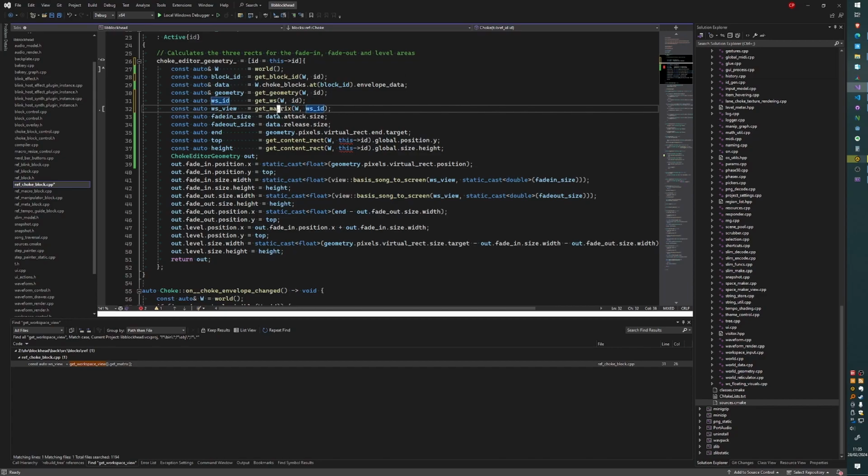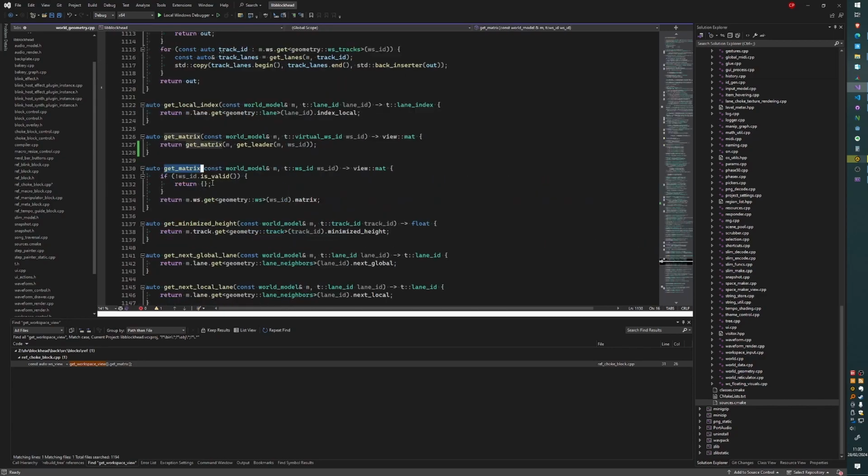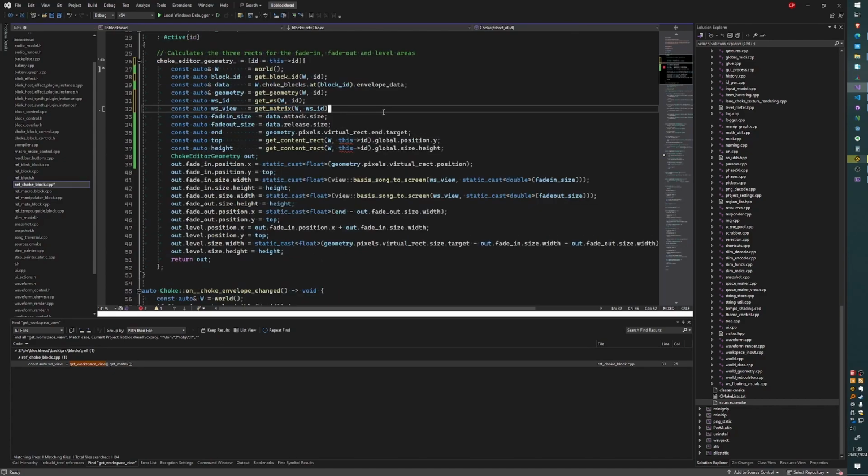I assume this will return an empty transform if it's not valid. Yeah, okay. Right. What the hell was I doing before that? I was trying to figure out how I apply the scaling. So it should be as simple as